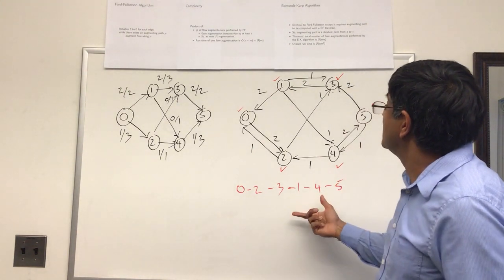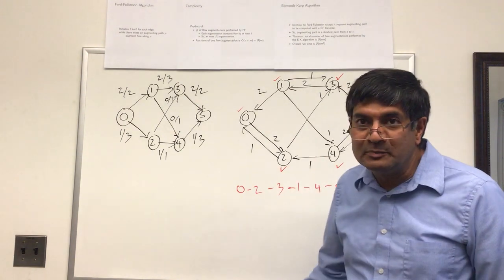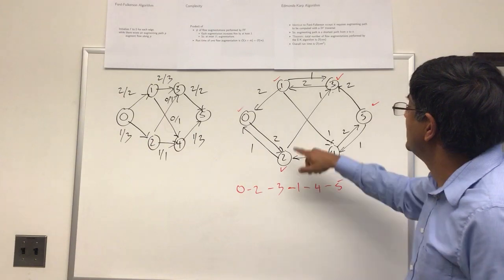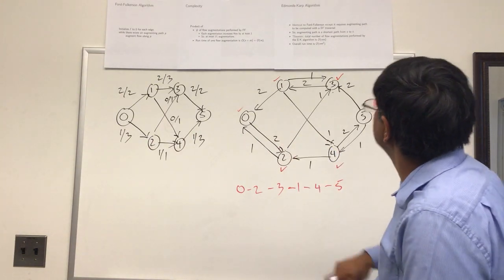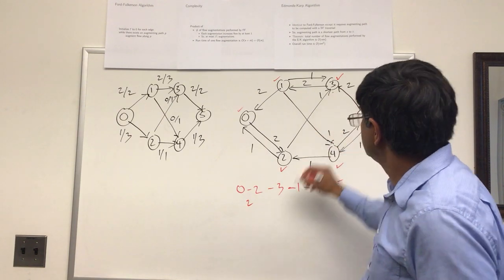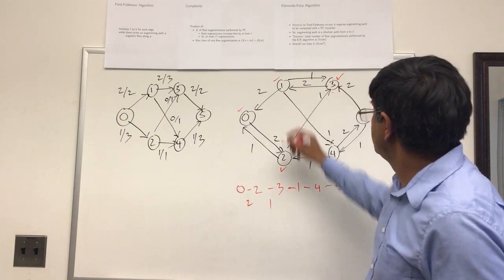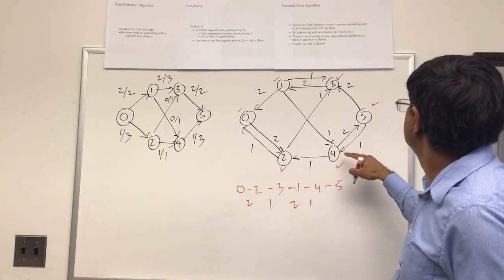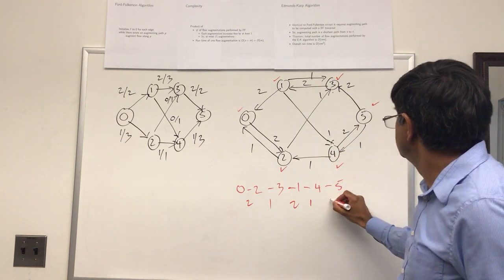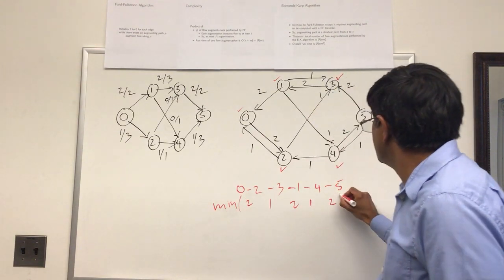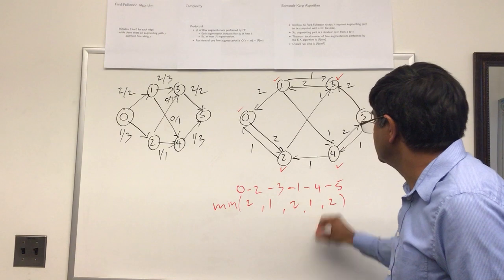The question that would come up now is how much can we augment the flow by? And for that you have to take the minimum weight on each edge. So this is 2, right? So the weight is 2, the weight here is 1, weight there is 2, and then this is a 1 again, and this is a 2. So you want to take the minimum of these because that's the amount you can push without violating the capacity